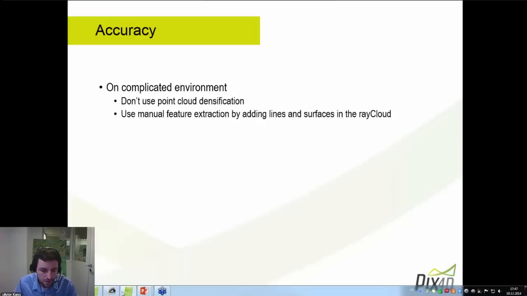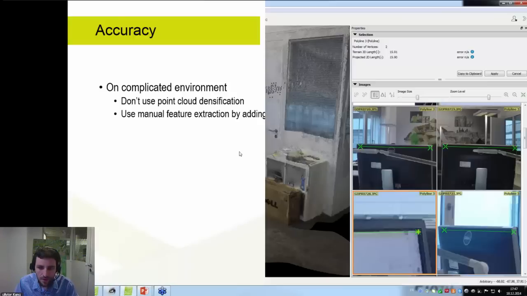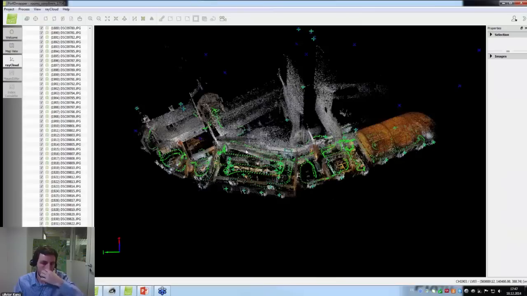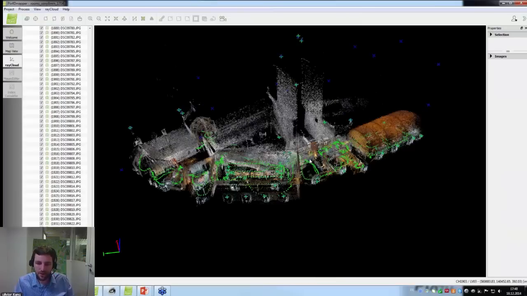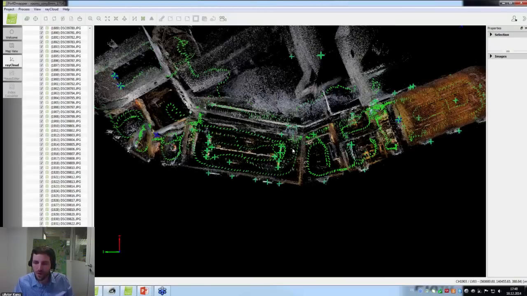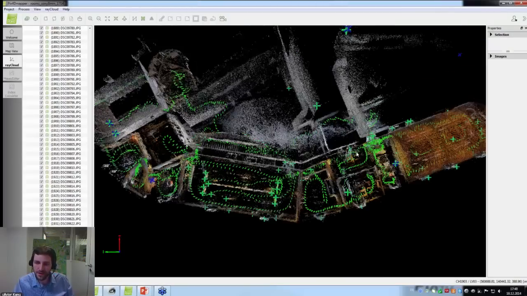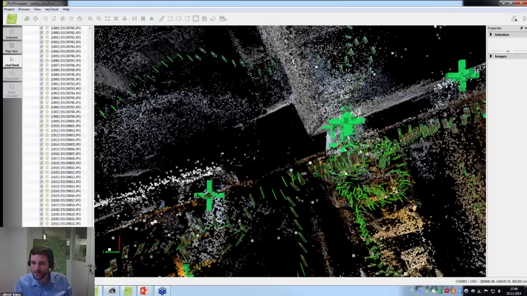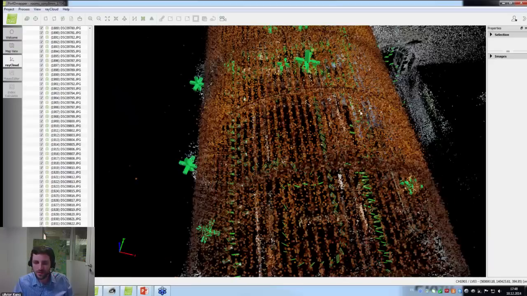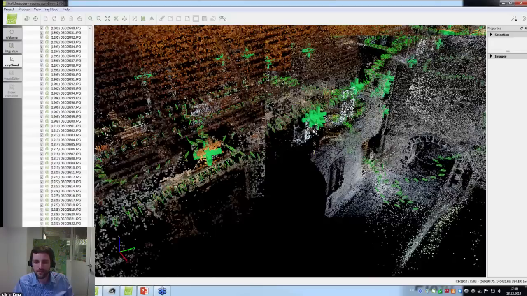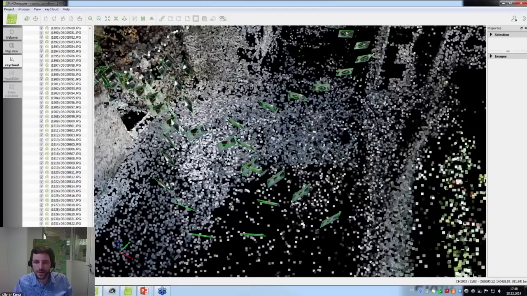Now maybe I'll show a bit more back to this very, very impressive data set. So how were the pictures taken in this particular data set? So you can see it goes on several layers and so on. So we actually started from here, and we started taking the pictures by